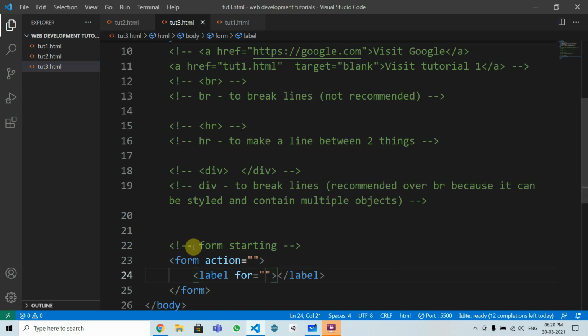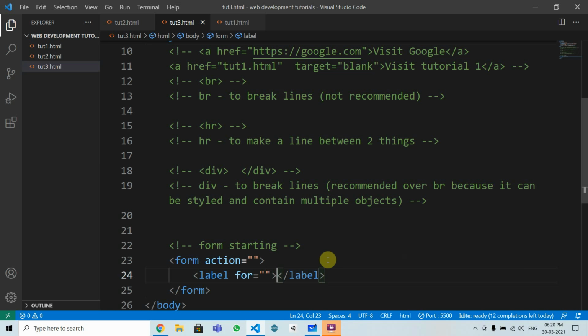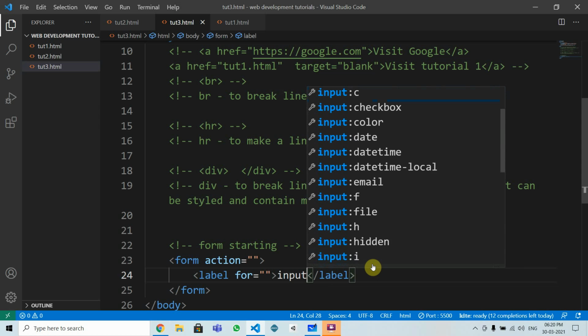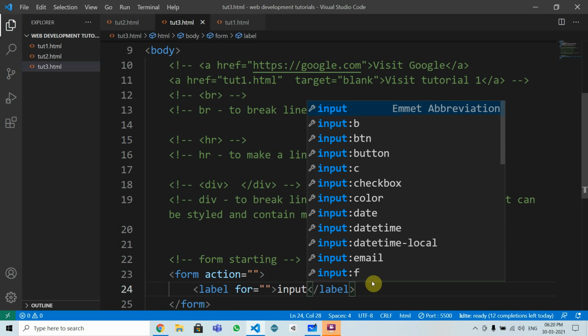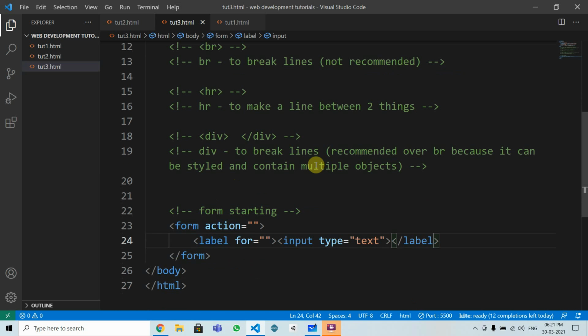make a label for, and here I will write, yes, like we want text, so we can write input, input, and you can see here there are so many input types. So what can I write? I only need text, so I will only make this, and text is default, so it has come, input type text. And then